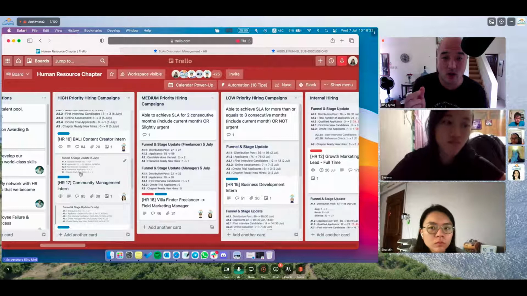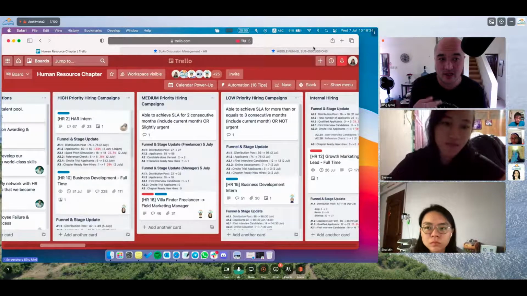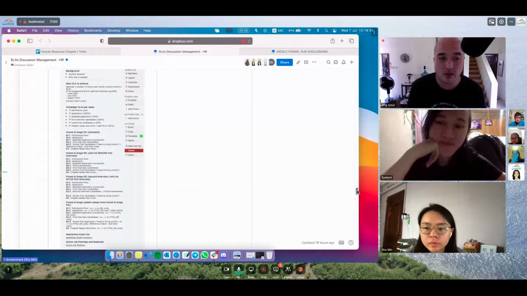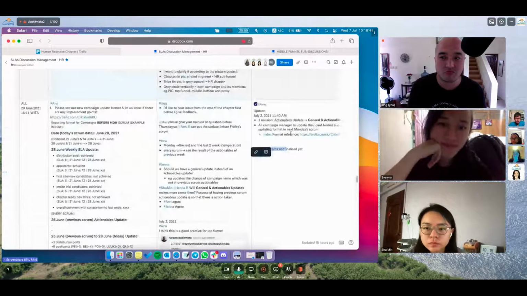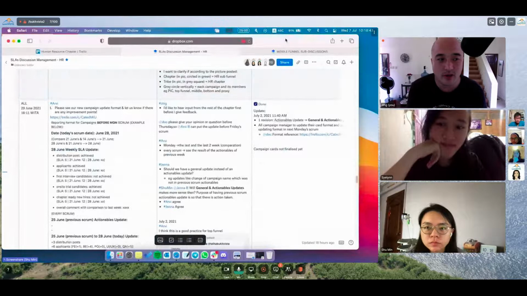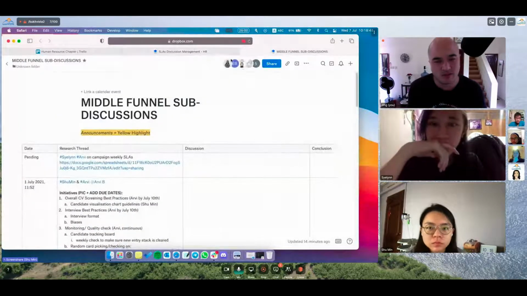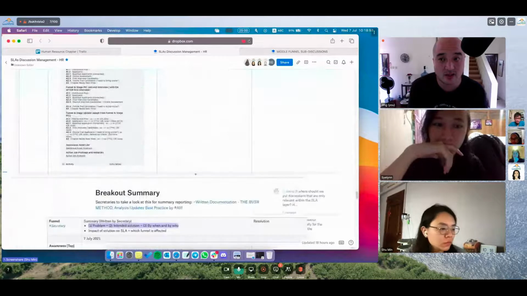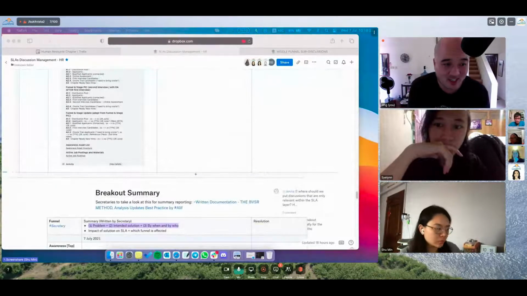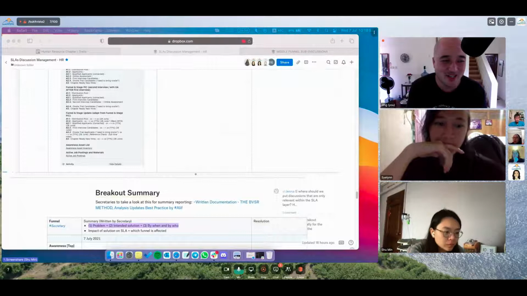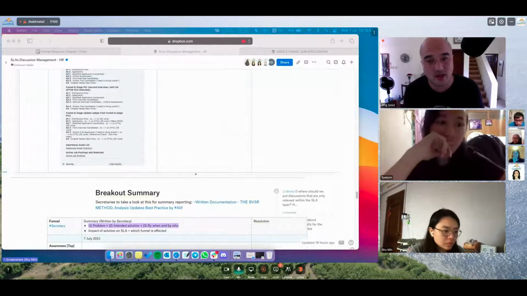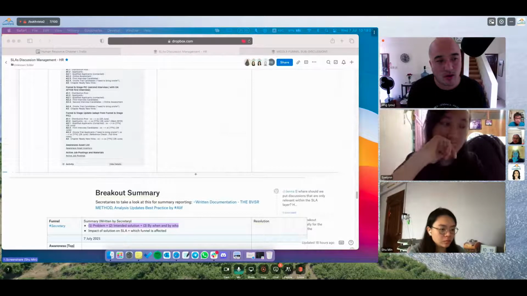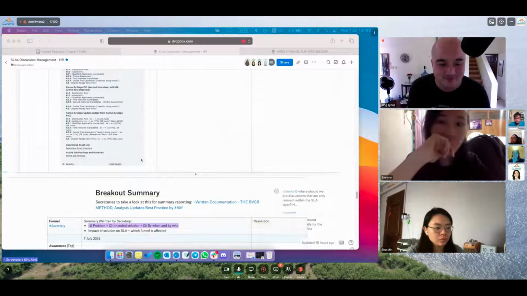So highest priority only gets one more than second highest priority. Second highest priority gets only one more than third highest priority, right? Whereas I would imagine maybe a proportion might be a little bit more relevant in this case. Let's say the highest priority gets 30% more than second highest priority, or second highest priority gets 30% more than third highest priority, and so on and so forth, rather than just one more. Just a thought.